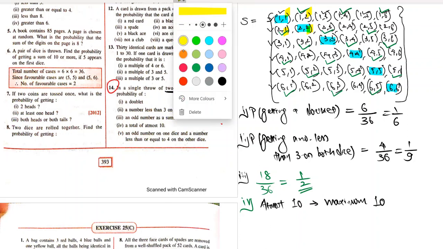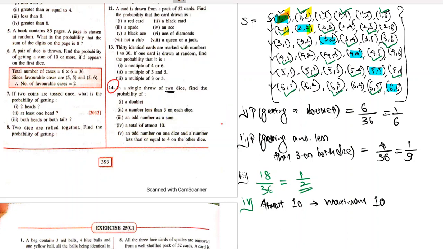Let's use the highlight here. Let's use orange color. At most 10. Okay, this will do. 1 2 3 4 5 6. Why will these do? Because if you add all these numbers, 1 plus 5, 1 plus 4, 1 plus 6, you get maximum 7,